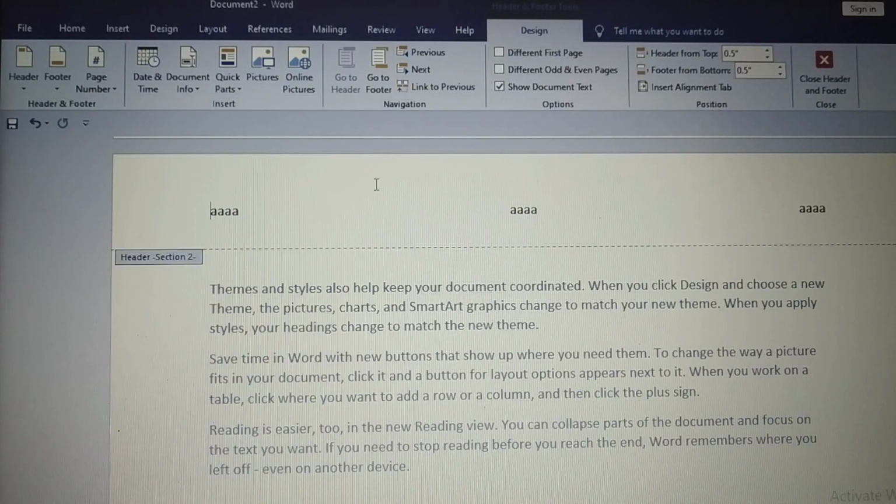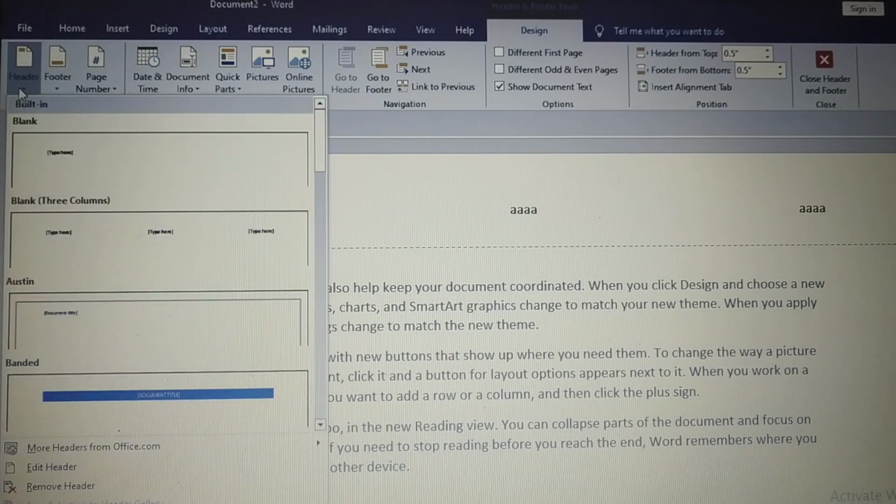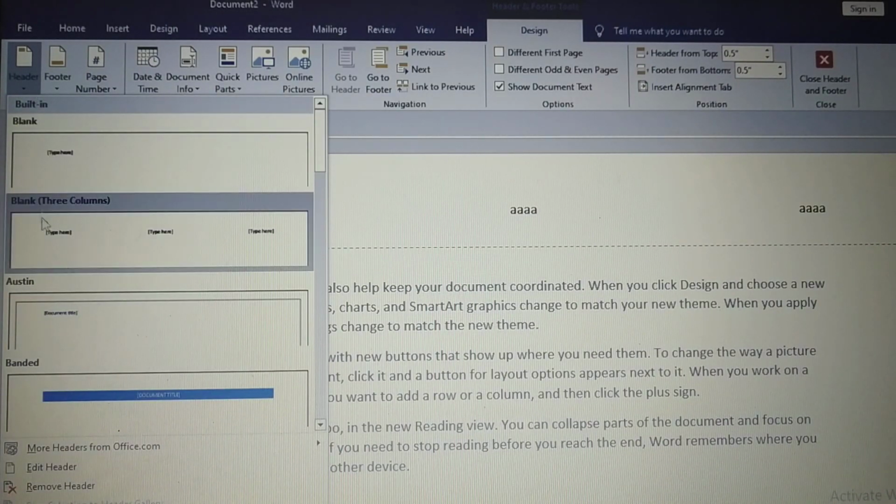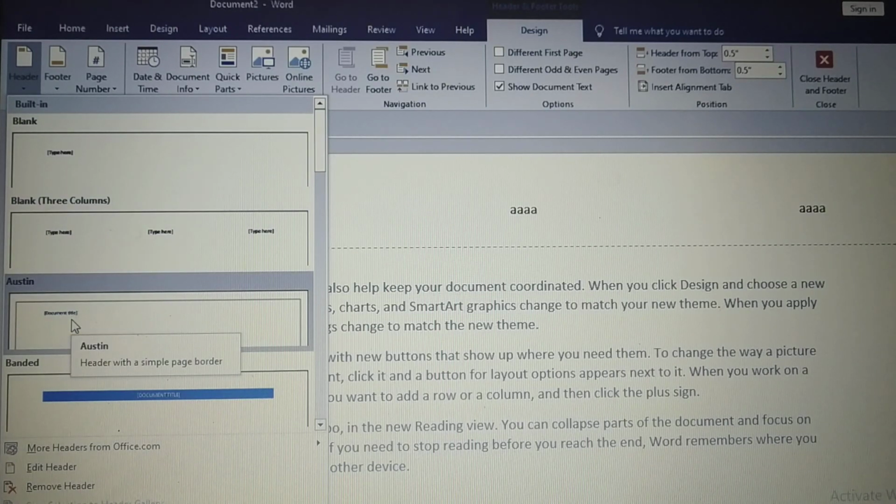You can't change this header from the Insert tab, because if you change it from the Insert tab, the same header will be applied to all pages. So I am changing the header only for this second page. I need to use this Header option and apply a header for the second page. So this header I am using for the second page.